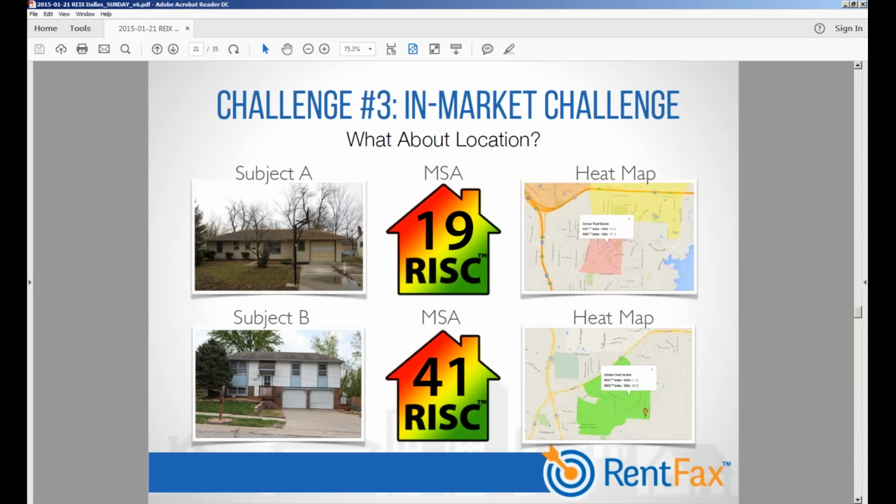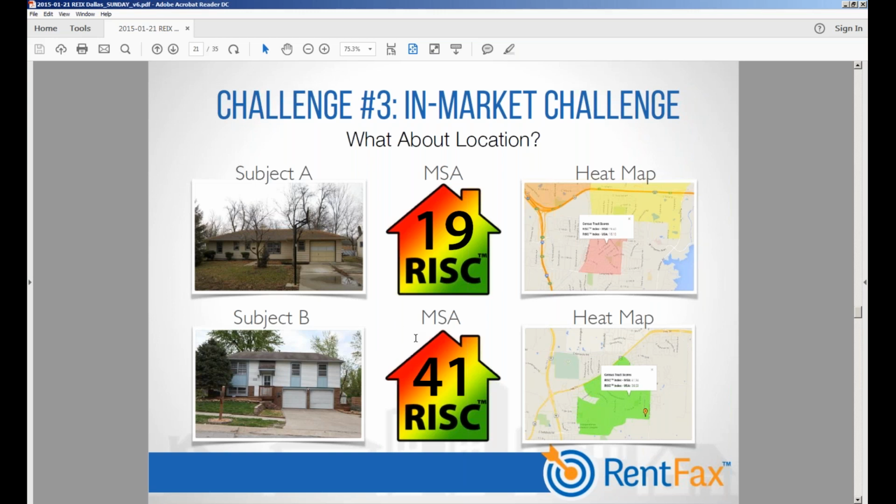It's not to say that you shouldn't go with subject A or subject B, but as an investor, aren't you making a much more informed decision at this point? So as a great next step, if I was this investor, maybe I would take each of these properties to my property manager. Assuming I have a property manager that I've vetted, they're familiar with the market, they have a lot of experience, and take each of these to them and just ask them and say,